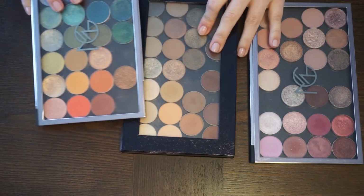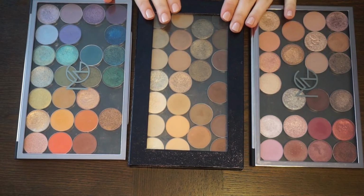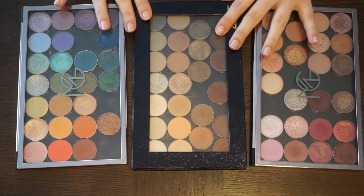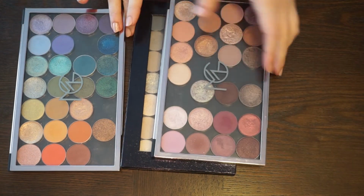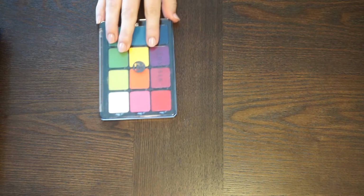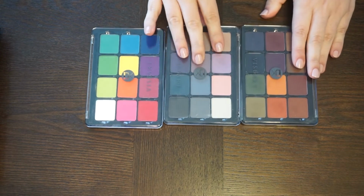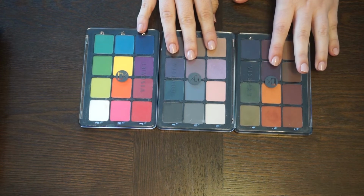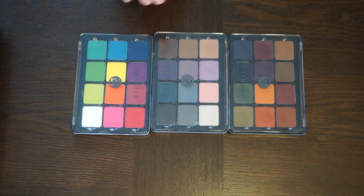I have pulled all of my single eyeshadows that are in Z palette type empty palettes. I'm not sure if we're even going to touch any of these, because I think that the most valuable palettes to sort of dupe the vibes are actually going to be, number one, this Viseart Editorial Brights palette, maybe even a couple from the dark mattes and the cool mattes right here, and especially this